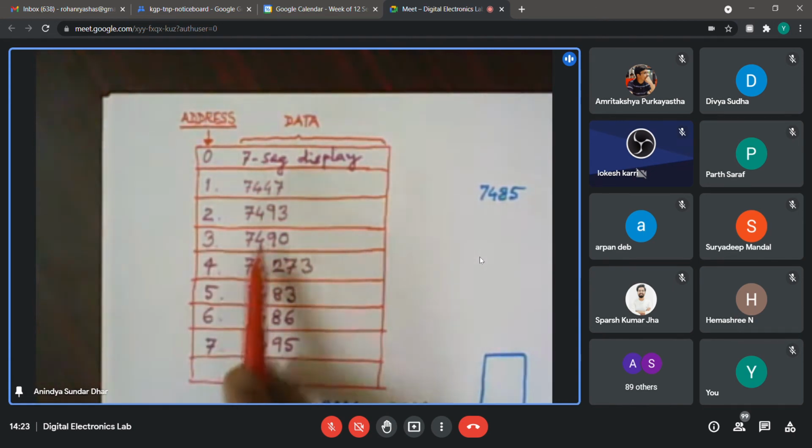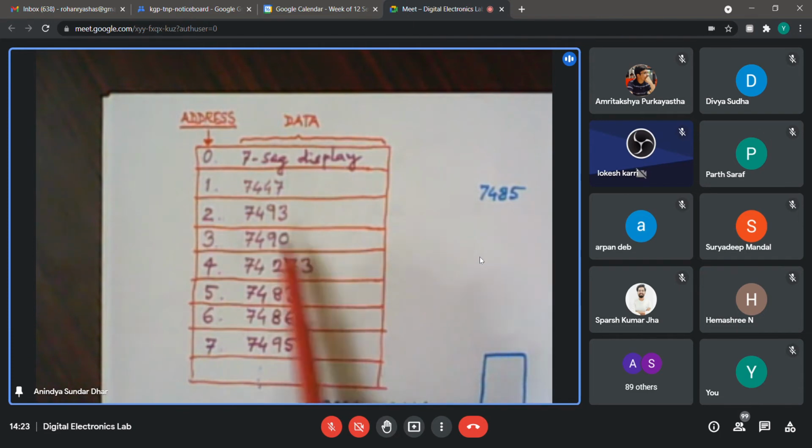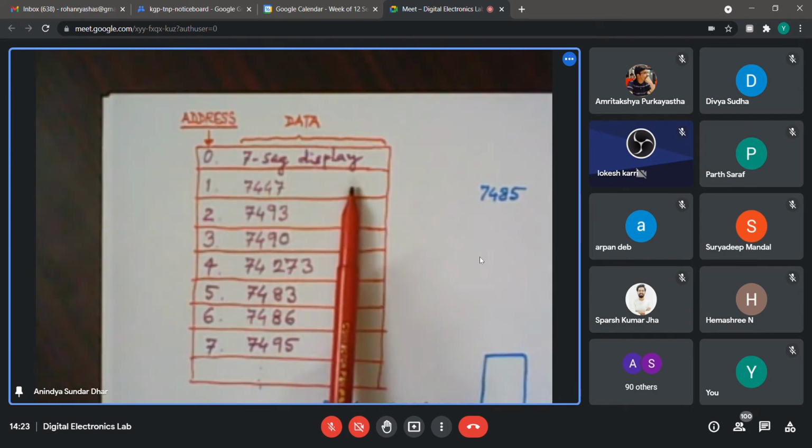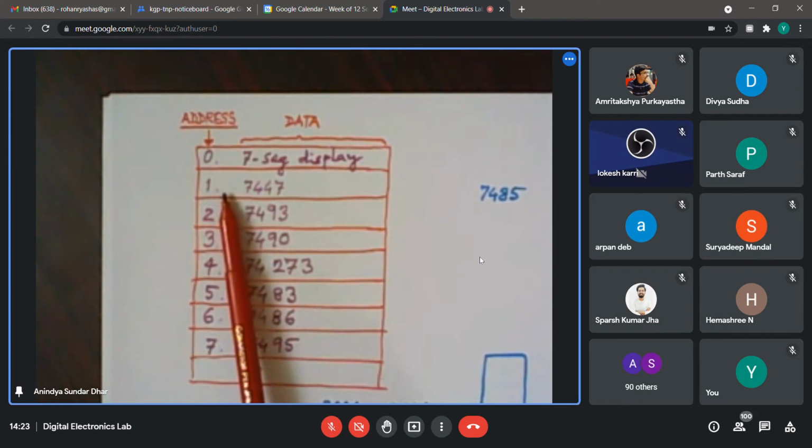And certainly, I can change them. Suppose I can erase it and I can rewrite something. So if it is a RAM, I can really do that. So a RAM is having several such locations. So what is meant by location? Now here, each of these lines, I will call a particular location. So a particular location is indicated by a unique address.